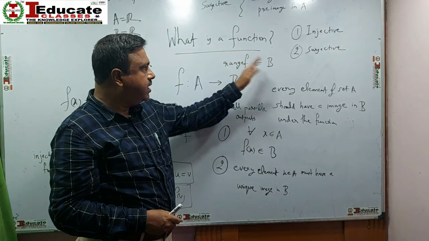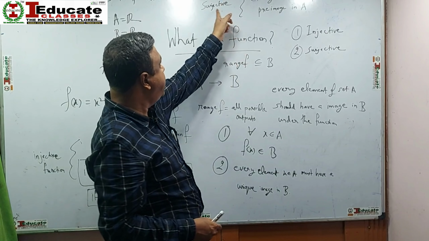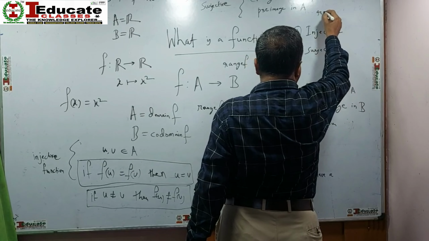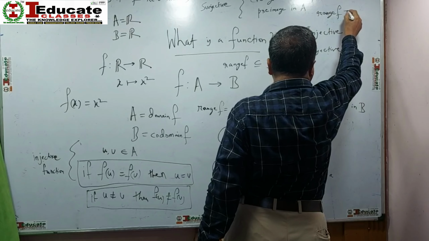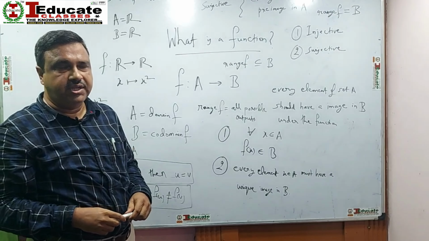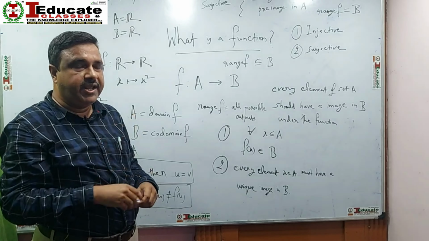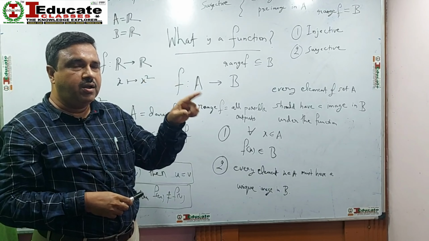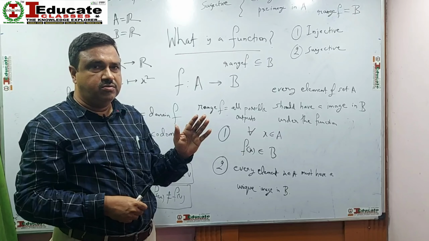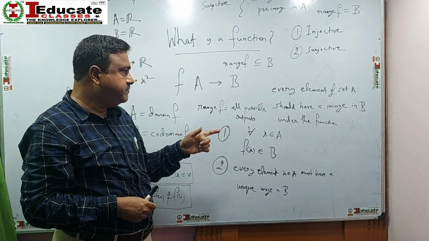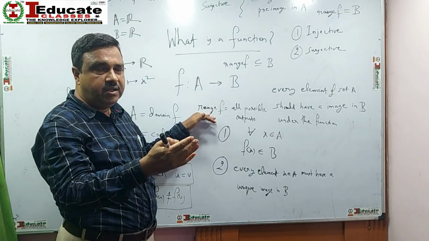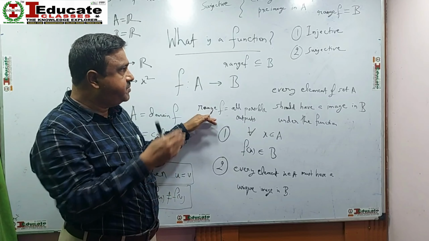But if it is equal, then we say the function is surjective. That means the range of the function should be equal to the codomain set of the function. Range is the set of all possible outputs, so it is a subset of the codomain set. So if it is equal to the codomain, a subset can be equal or